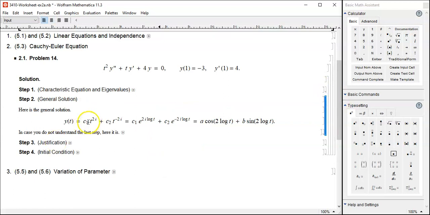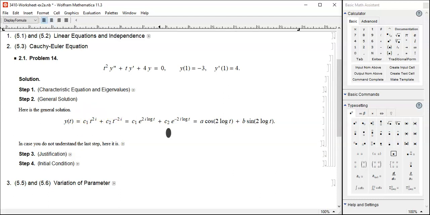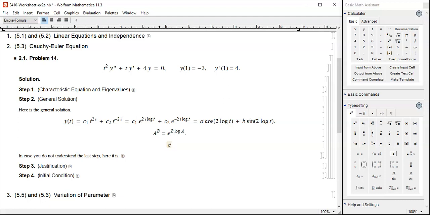Turns out like this. T to the 2i power, you can use this formula here. A to the b power is equivalent to e to the b times log of a. This is a useful formula that we had been using from college algebra days. But as a matter of fact, this is the very definition of general exponential. The usual exponential function we define like this. E to the z power is, let's see,